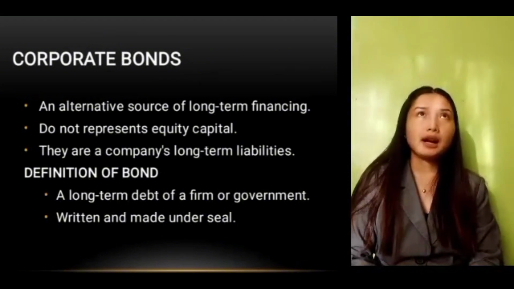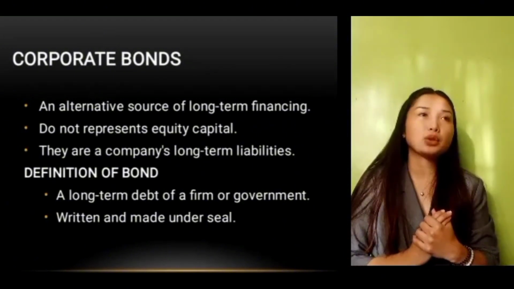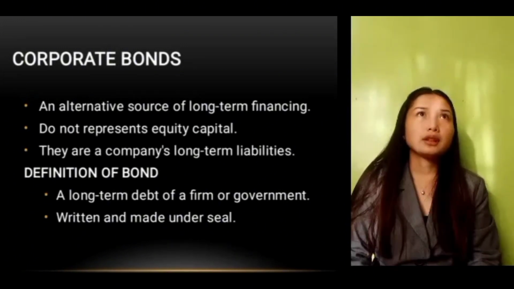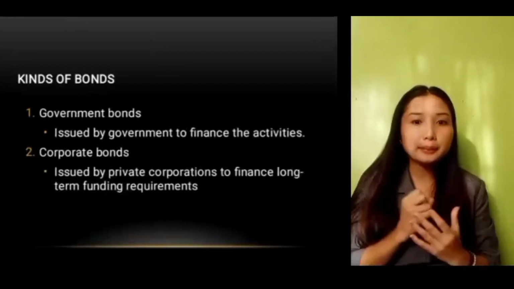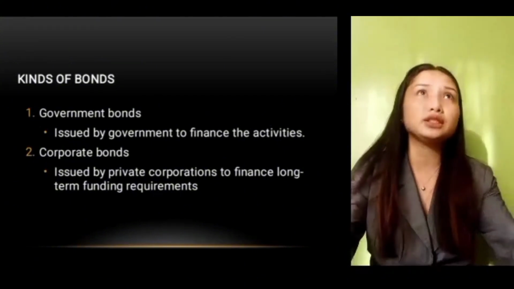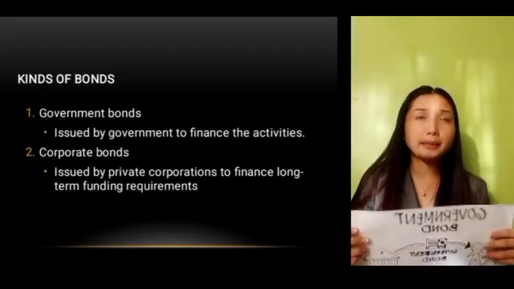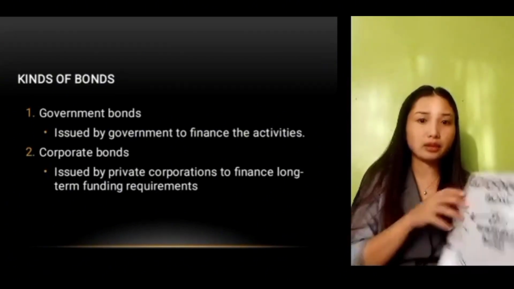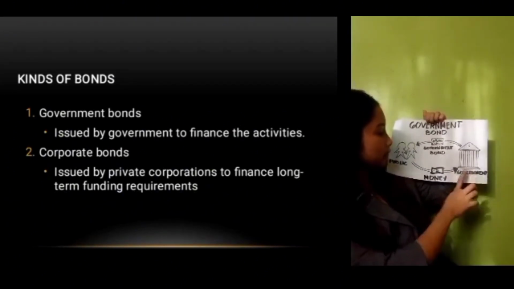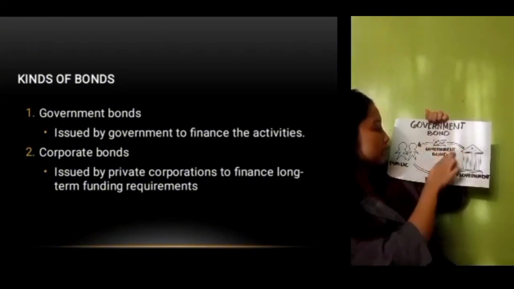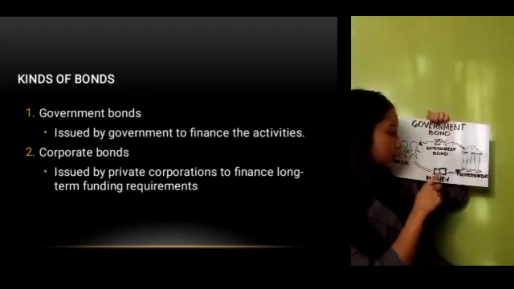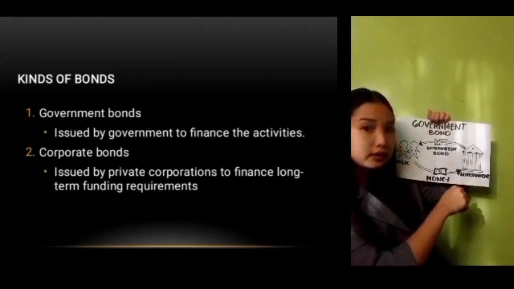Next, let's talk also about the kinds of bonds, which are government bonds and corporate bonds. What is a government bond? A government bond is a bond that is issued by the government to finance its activities. This is an example of a government bond. The government will issue a bond to the public or the investor, and if the public or the investor purchases the bond, they will give money to the government